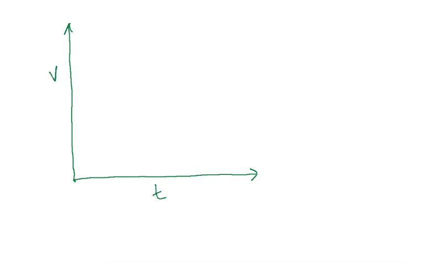Say our curve is doing something like this. It's actually curving along like that. And then you were asked to find what the acceleration was at some point. Well, there's no straight line in here for you to go along and take the slope of. So what we can do is come up with the idea of something called instantaneous velocity,